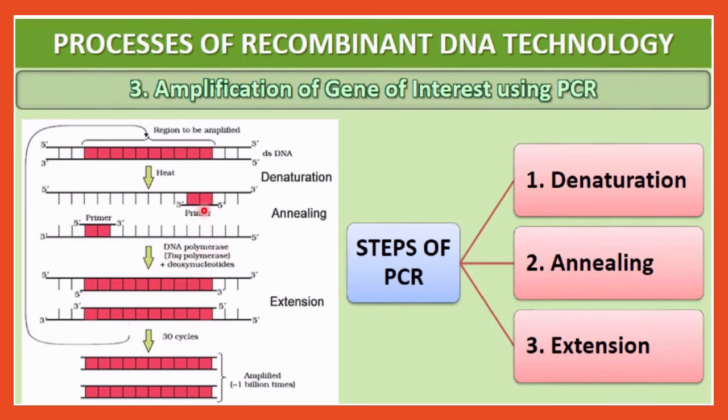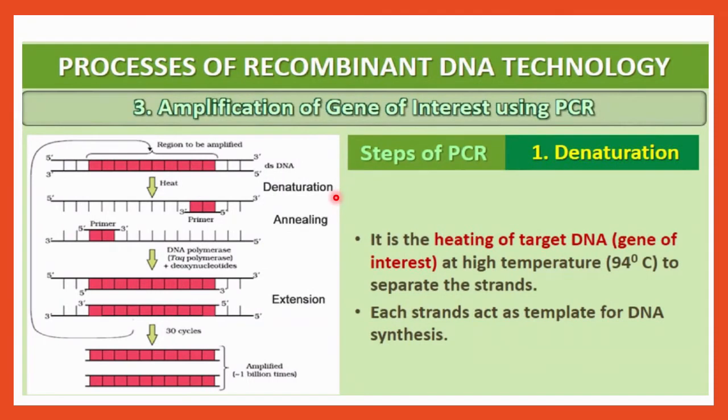Firstly you have added the primers, a small fragment of RNA. Then you add the DNA polymerase enzyme, Taq polymerase, and along with that you have to add deoxynucleotides. By addition of all these, you can start the process, and as a result DNA synthesis will be extended. Here you can see the fragment is synthesized, and finally, after running 30 cycles, you will get amplified DNA, about 1 billion times DNA copies. So by this process you can synthesize 1 billion times.